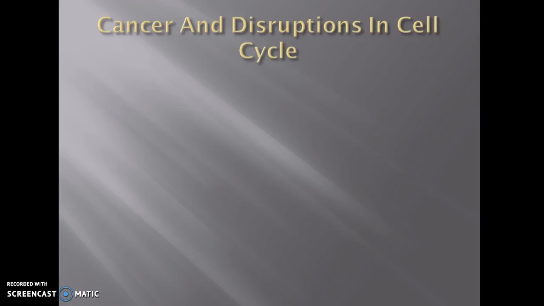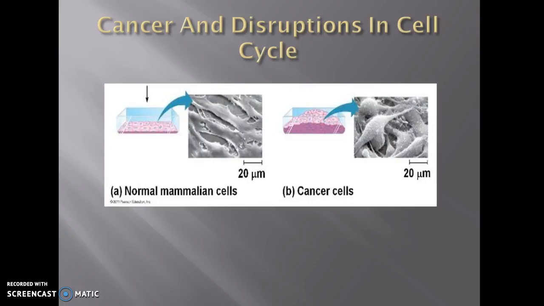Cancer and disruptions in the cell cycle. Cancer is due to many different things, one of them being that cancer cells are able to stop dividing and start dividing at random points in the cell cycle, regardless of the different checkpoints. Another thing about cancer cells is that they're able to grow and reproduce without growth factors, which cells need in order to reproduce. With that being said, they are sometimes able to